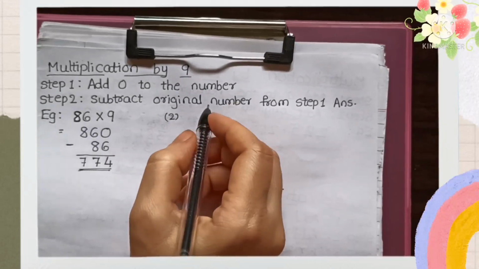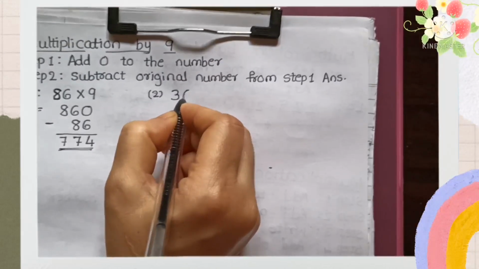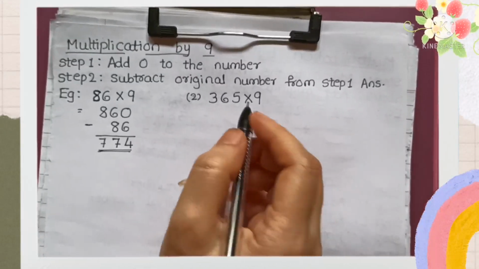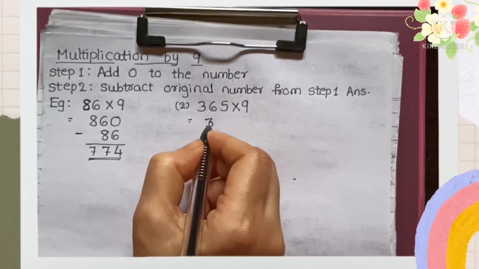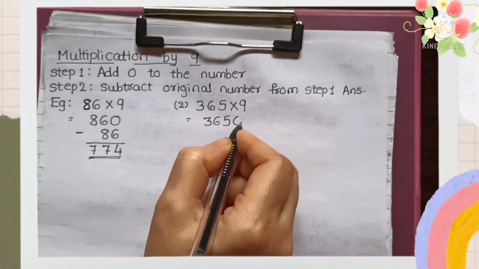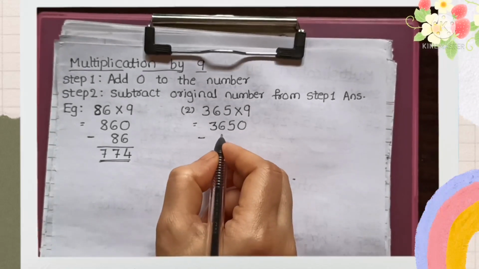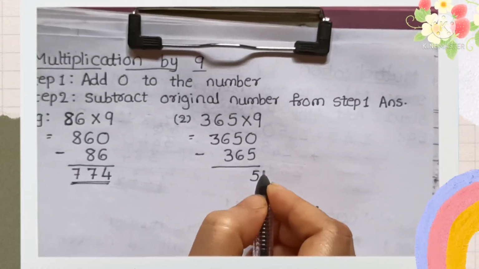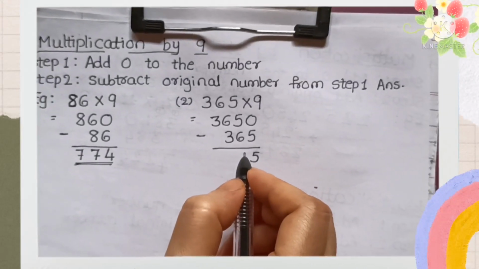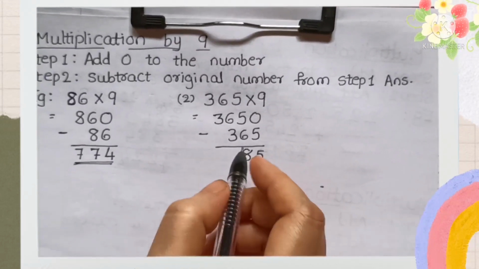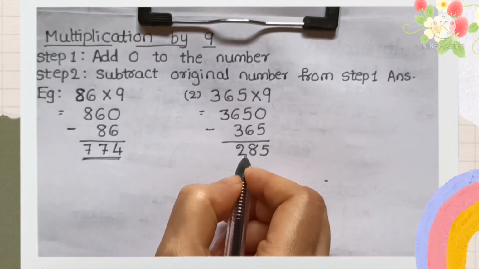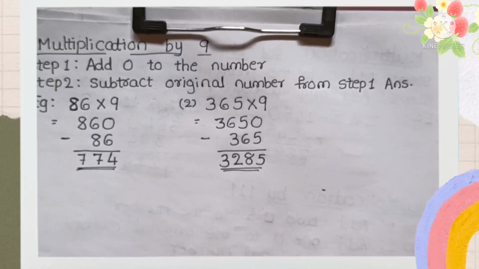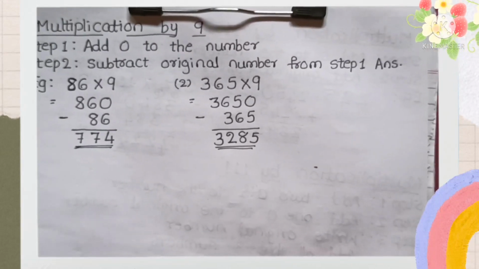अब हम लोग थर्ड एग्जाम्पल देखते हैं। हम थोड़ा बड़ा नंबर ले लेते हैं, हम ले लेते हैं 365 into 9। अब 365 into 9 में हमें 365 में एक ज़ीरो लगा देना है और सेम है, हमें ओरिजिनल नंबर जो हमारा है 365 उसको 3650 से माइनस करना है। यूनिट्स प्लेस पे हम डालेंगे 5, टेंस प्लेस पे डालेंगे 8, हंड्रेड्स प्लेस पे डालेंगे 2 और थाउजेंड्स प्लेस पे डालेंगे 3। तो हमारा आंसर हो जाए 3285।